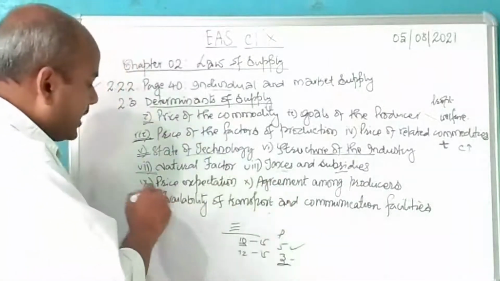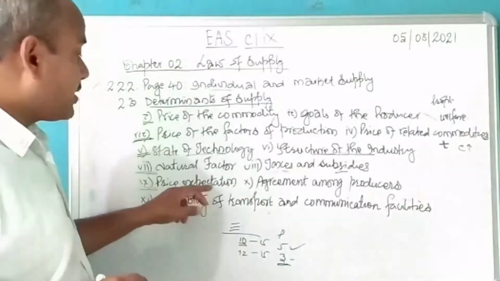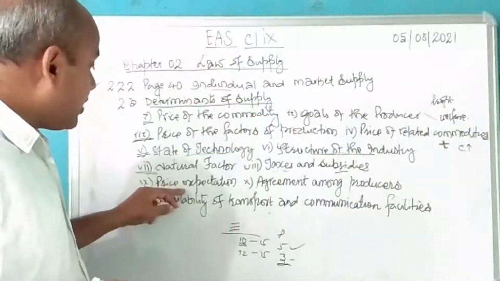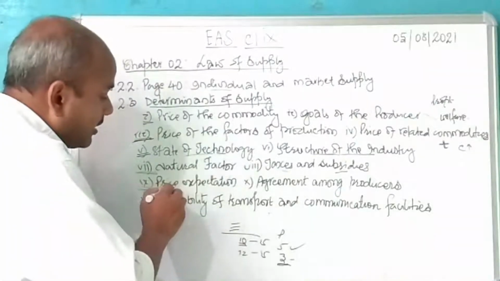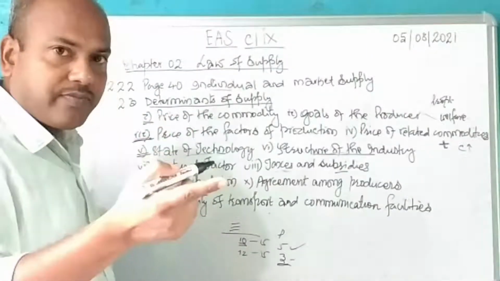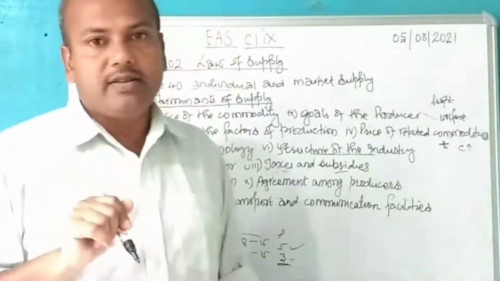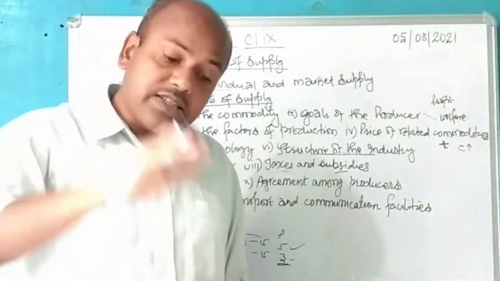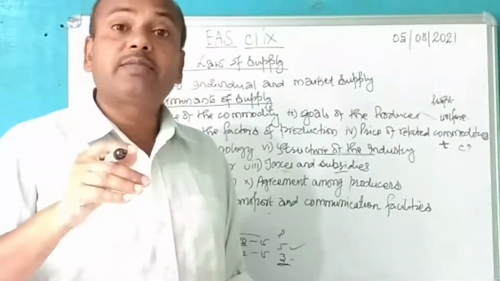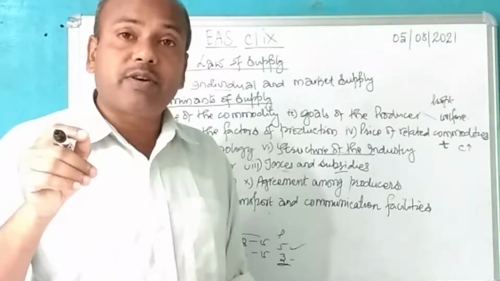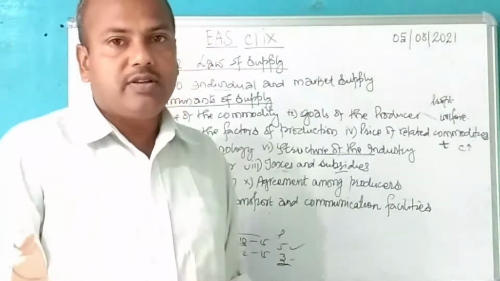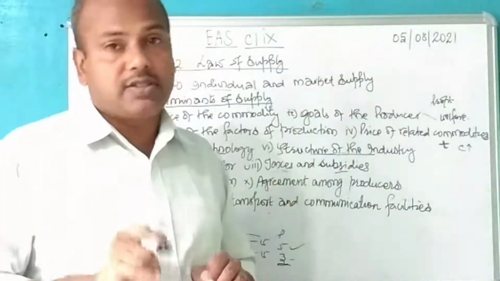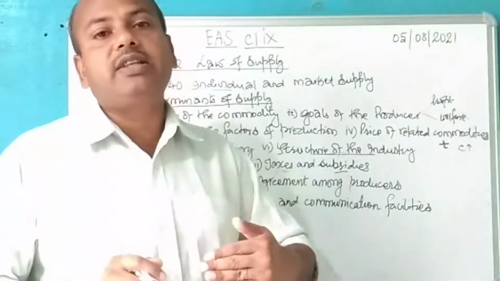Okay. Next is price expectation. Since this is supply, we talk from the producers' point of view. If the producers are expecting a price increase in future, then what will they do with the present supply? They will think, let the price increase, only then we'll supply because we will earn more profit, no? So presently the supply will fall. But if they are expecting that the price of the commodity which they are producing is going to fall in future, then they will presently get rid of everything they have in order to avoid the loss in future. So presently the supply will increase.